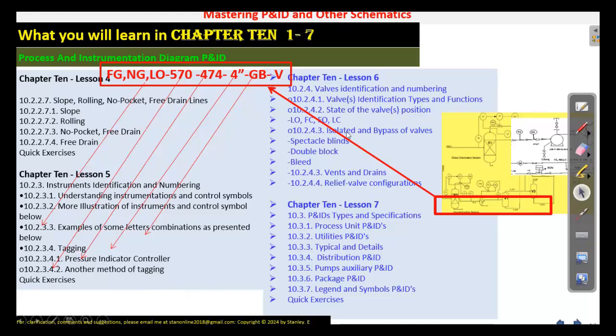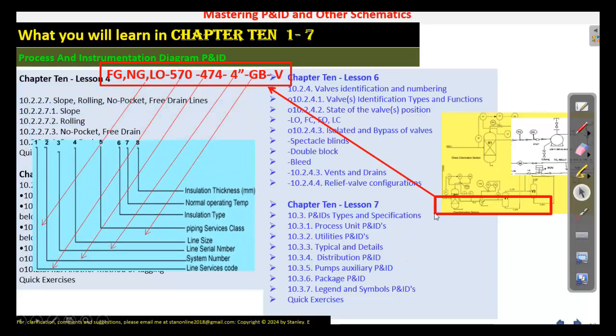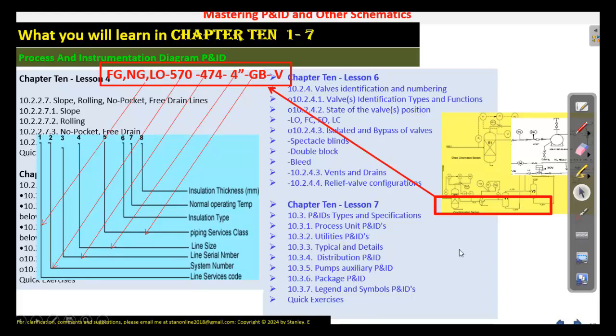In lesson 6, we are going to be looking at valve identification and numbering systems. Valve identification, types and functions. State of valve positioning: FC, LO, FC, FO, SC. Isolated bypass of valve. We're going to be looking at spectacle blind, double block and bleed, vent and drain, relief valve configuration. In lesson 7, we're going to be looking at P&ID types and specification, process units P&ID, utilities P&ID, typical